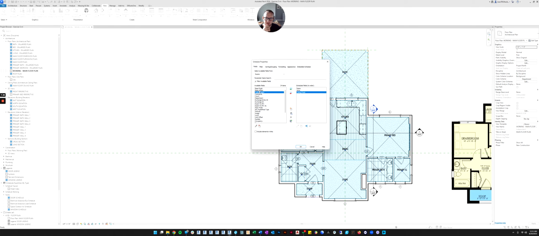We'll probably want comments in there somewhere. You could put the level of the room if you wanted. We want the wall finish. What are we missing? Base finish. So we've got ceiling, wall, base, floor. We need the floor finish.